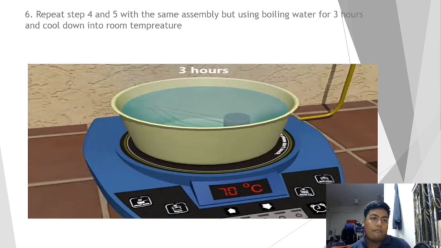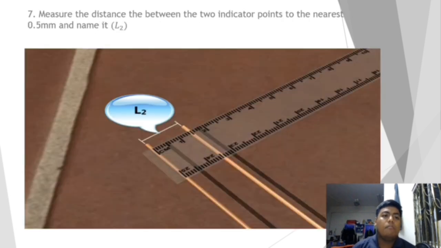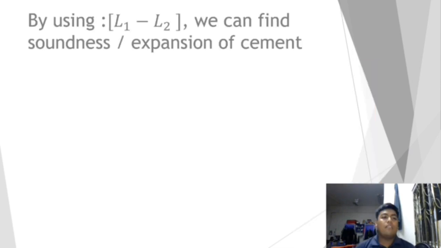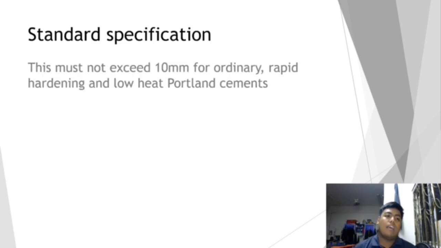Repeat steps 5 and 4 with the same assembly but using boiling water for 3 hours and cool down in the room temperature. Measure the distance between the two indicator points to the nearest 0.5 mm and name it L2. By using L1 minus L2, we can find the soundness expansion of the cement. So we can conclude the standard specification that the expansion